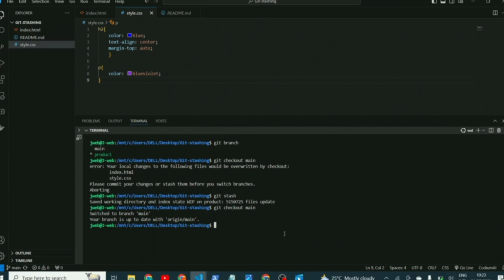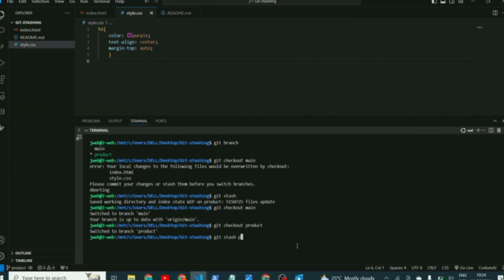So I need to go back to the products. So I do git checkout product. All right, switch back. All right, so I come back here. Oh, I told Git, I gave you some code base to help me hold in good faith. How do I get it back? I need it now. So the command to do that is git